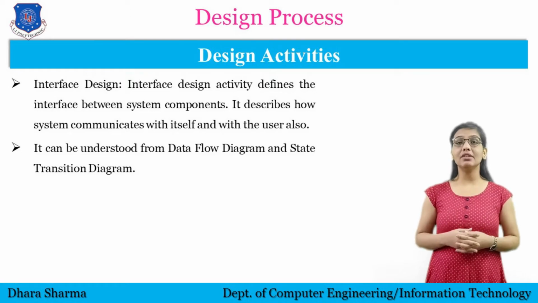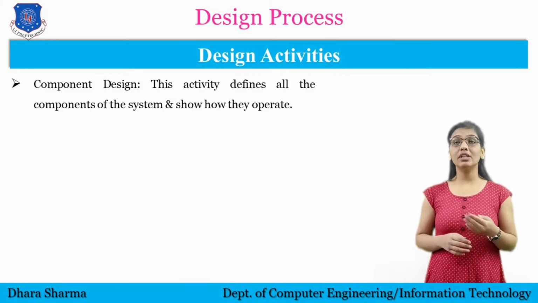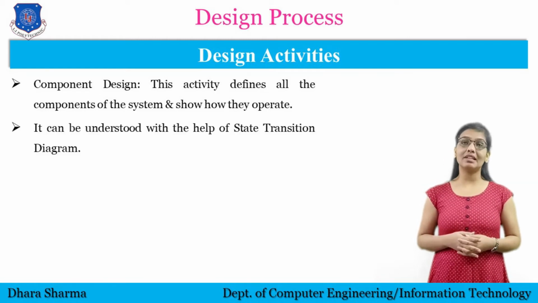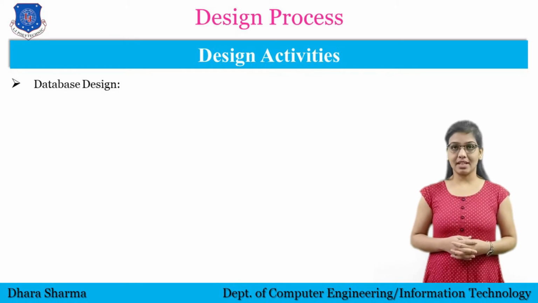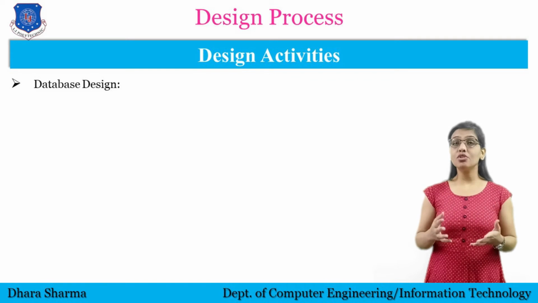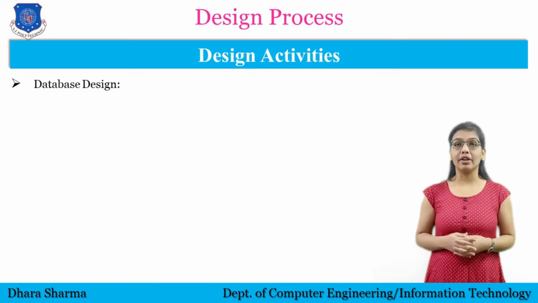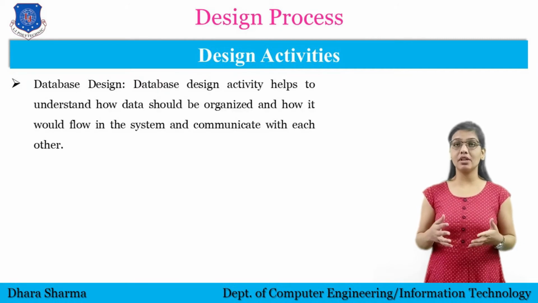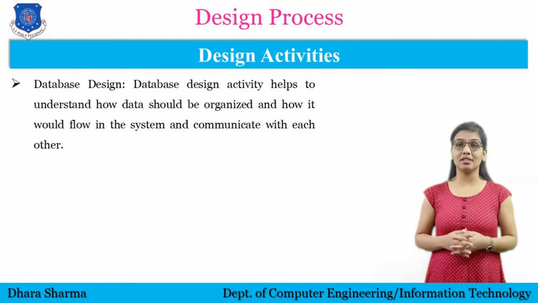Now, the third design activity is component design activity. This activity defines all the components of the system and shows how they operate. It can be understood with the help of the state transition diagram. And the last design activity is the database design activity. It is the most important task that needs to be performed while developing a software, which is database designing. Database design activity helps to understand how data should be organized and how it would flow in the system and